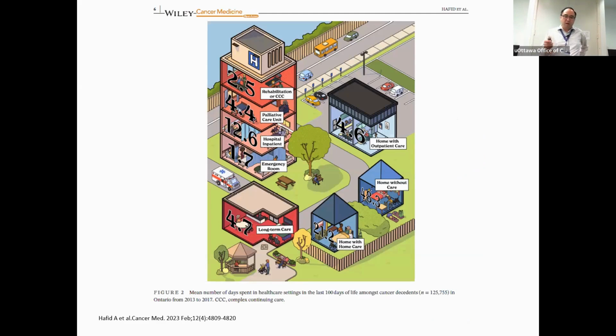released that shows you all the linkages between the healthcare sector. So this is just a study looking at the last 100 days of life of a patient with cancer, and it shows you the number of days that people spend in each healthcare setting. Okay, so it gives you an example that we really can get that wholesome picture of the care and the care experience of the patient. So here you can tell that the majority of care is spent at home without home care, but a lot of care is provided in an emerge, at home with home care, in a hospital acute care setting. Okay? So just an example that it really is powerful and gives you a good picture of the entirety of